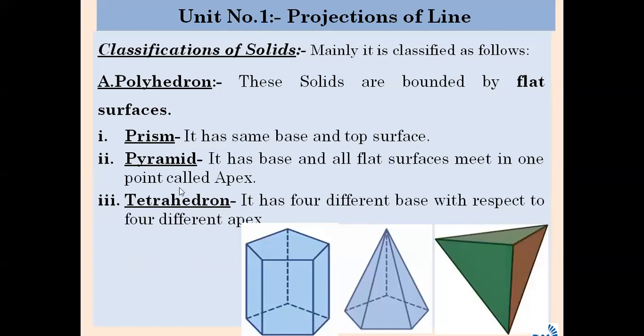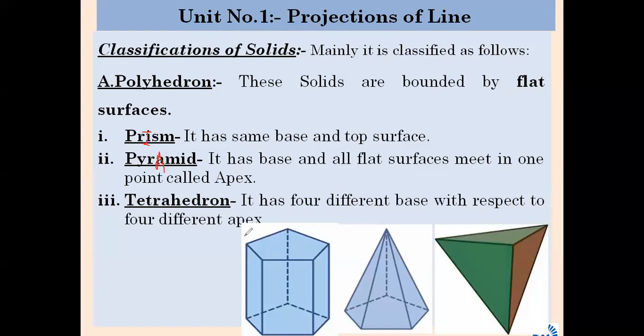Prism. What is the difference between prism and pyramid? Let us take a review. Prism has the same base and top, same top and base surface. The letter I is capital; I have told in that lecture. I we have to remember as a capital. Pyramid: which letter are you going to draw, a capital letter A, so that you will remember what a pyramid is. So here something like this, here I, and here there is a pyramid.